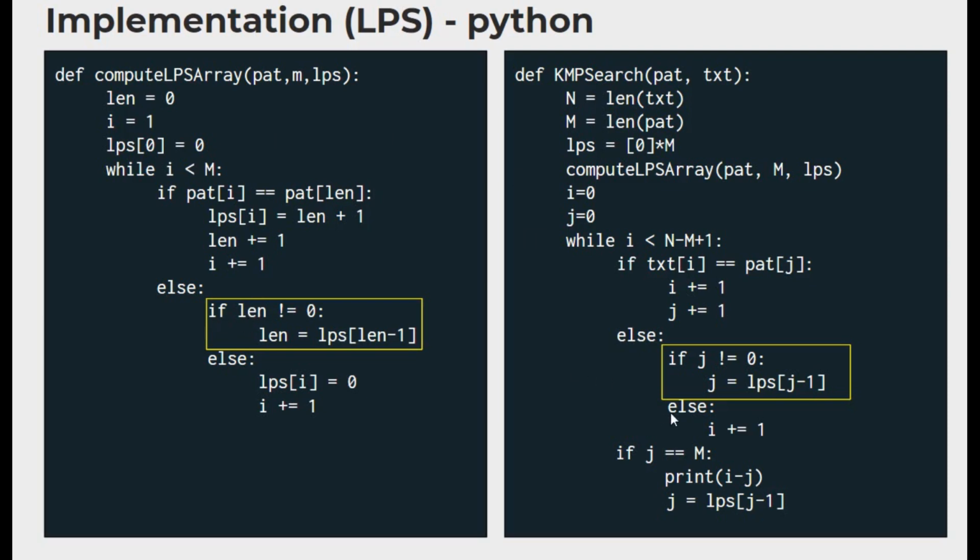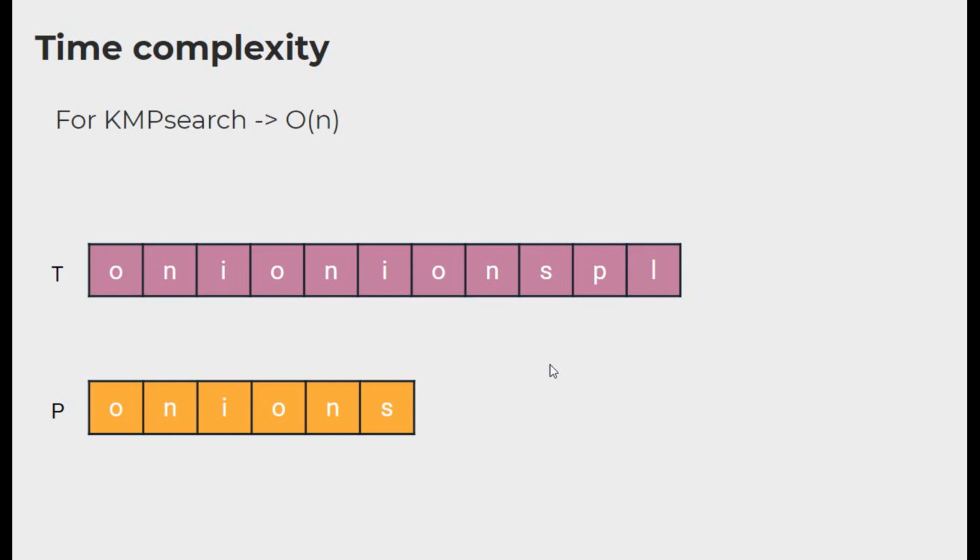Moving on to the time complexity, we know that the text pointer that we used in the KMP search method never moves backwards, which means for each and every character present in the text input, we only perform some constant number of operations, including the LPS lookup. Since the number of operations is going to be a constant multiple of n, it can be considered as O of n time complexity, that is linear time.